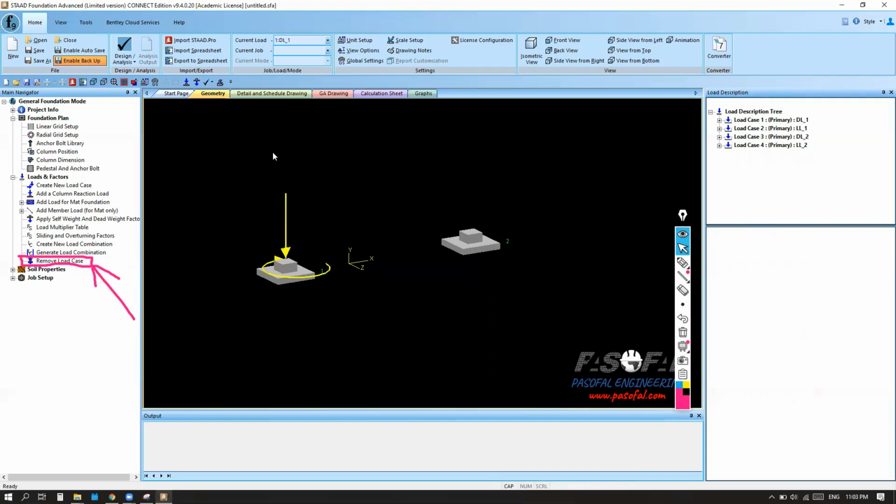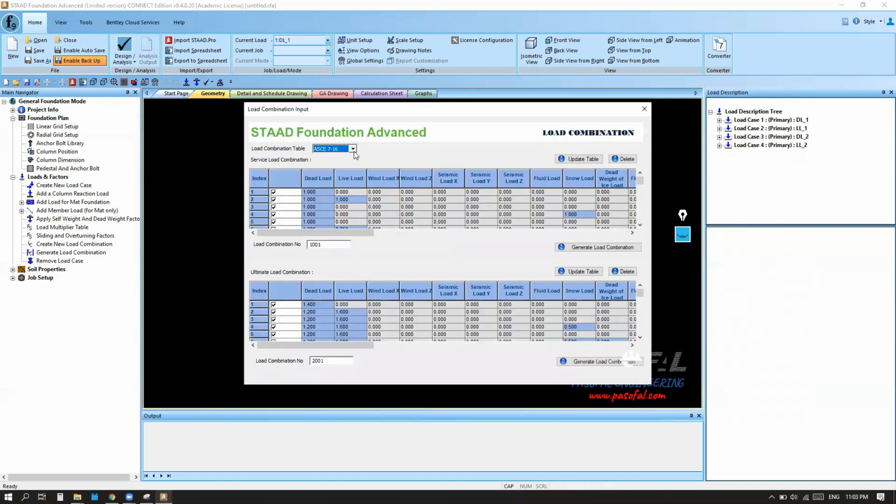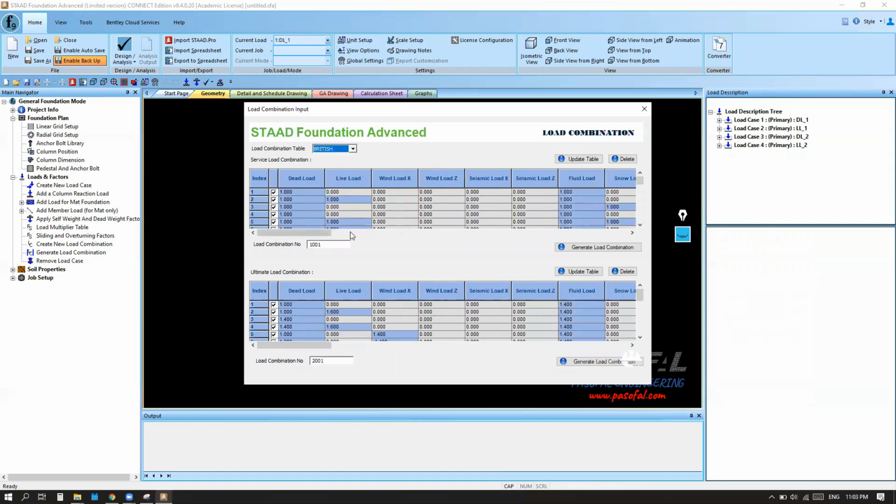So now you know how to generate the load combination manually, but right now let me show you how we can generate the load combination automatically. So here I can go to generate load combination. In this example, I'm going to use the British code, and from here I have the service load combination as well as ultimate load combination. Okay, so what can I do? I can simply,